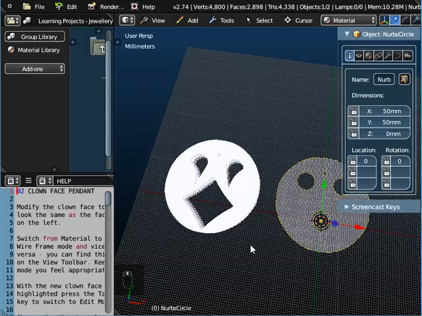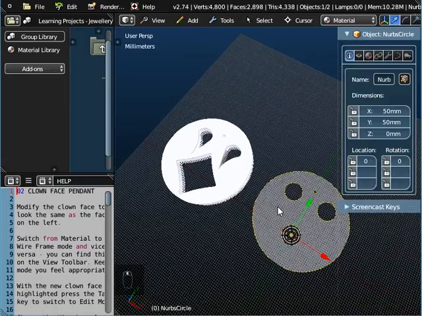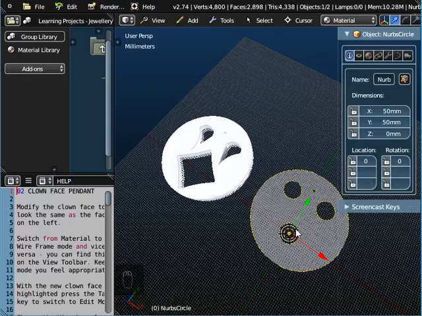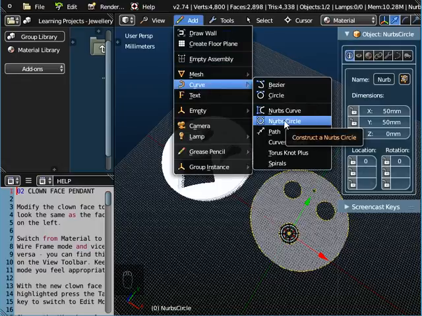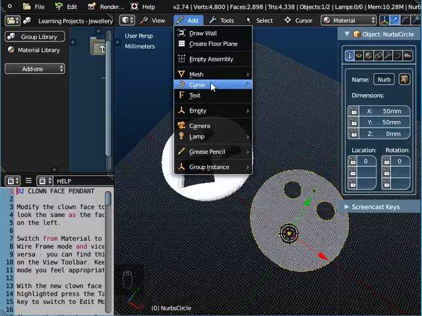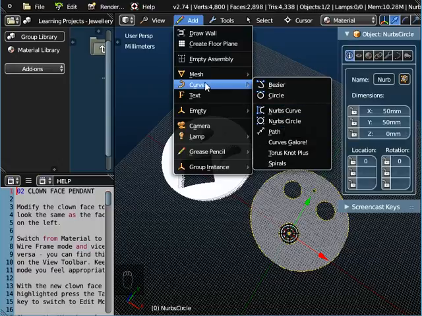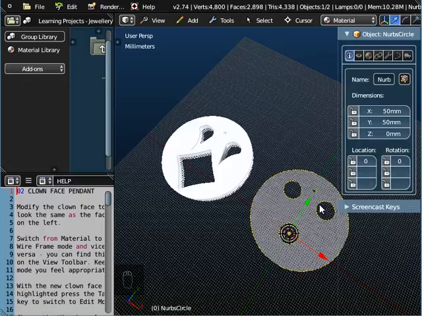So we're going to try and recreate this clown face pendant here out of this object on the right, and what we've got here is we've pre-built this for you. There is a Nurbs circle here, and you can add Nurbs circles by going to add curve and Nurbs circle. So Nurbs circles are curves. This is also a Nurbs circle. This is another one. There's a small one here, hole for the chain, and this is also a Nurbs circle